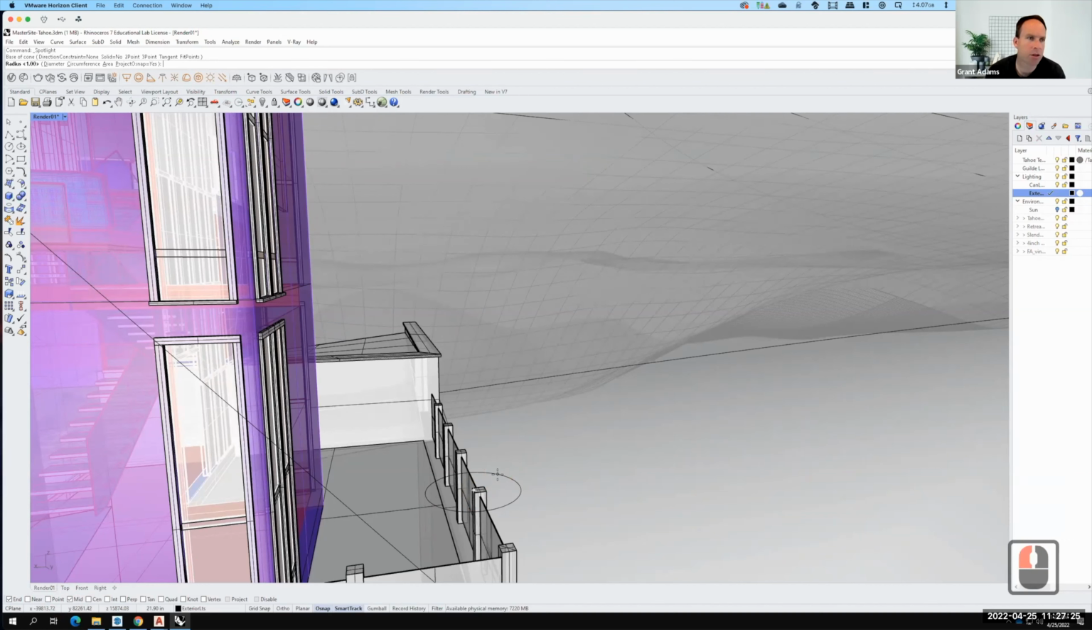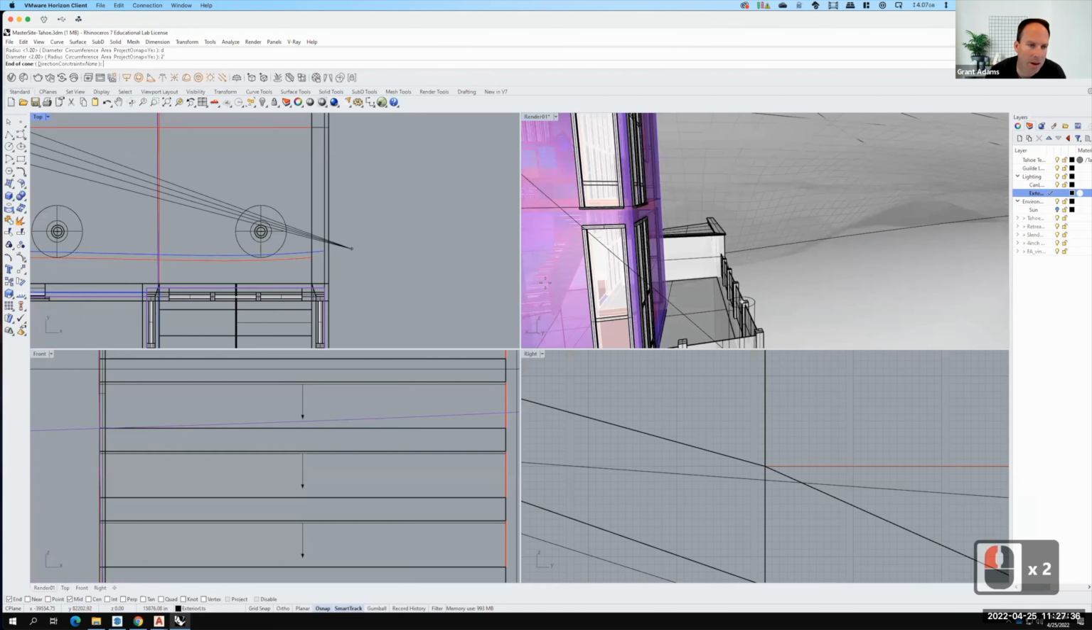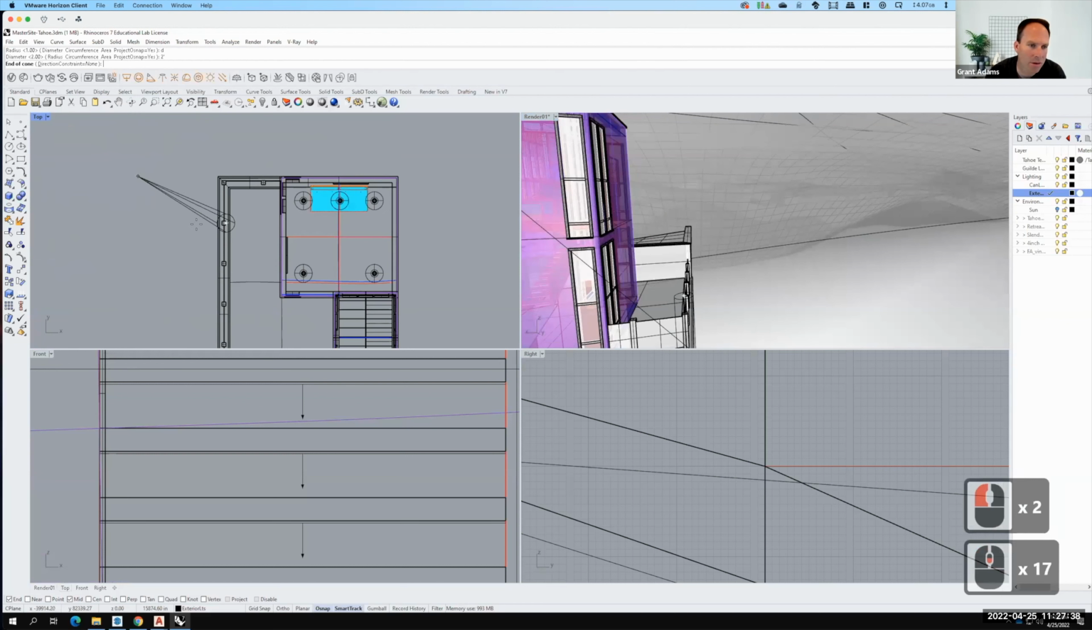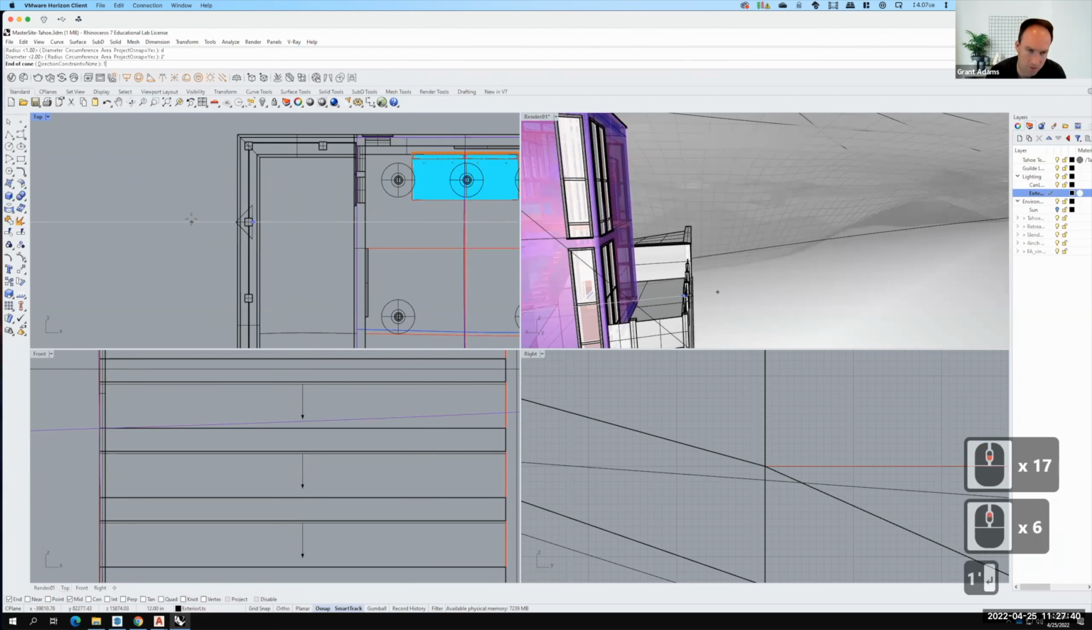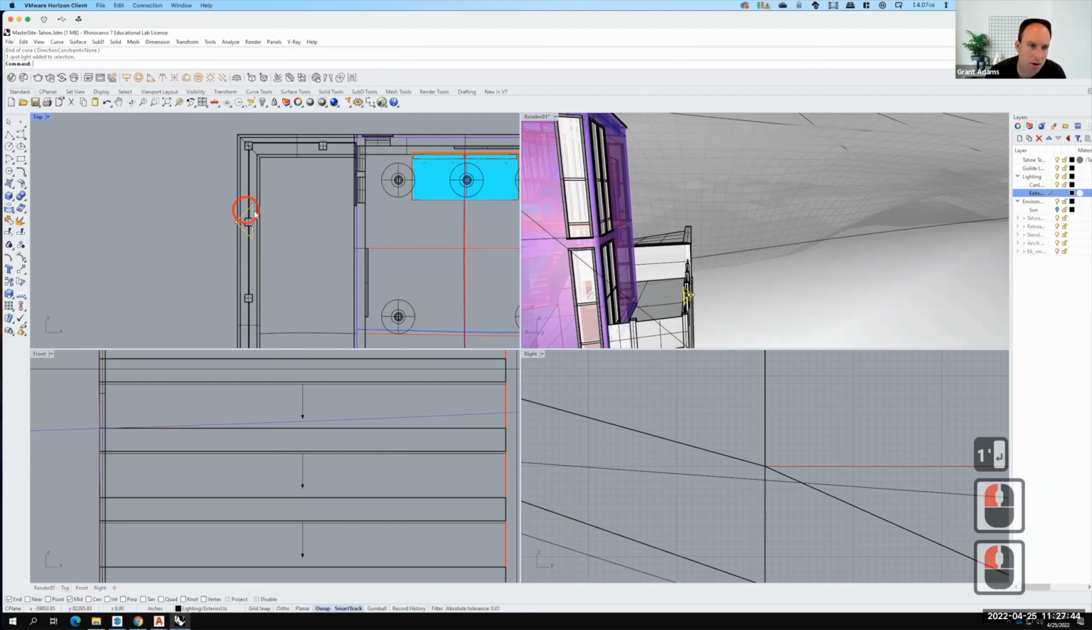I'm going to do the same ratios that I've been doing. So my diameter would be 2 feet, and my end of the cone would be at 1 foot. It might be easier to do this in the top view. Right, so I'll say 1 foot here, and that makes that cone. Let's go ahead and move this so that it's